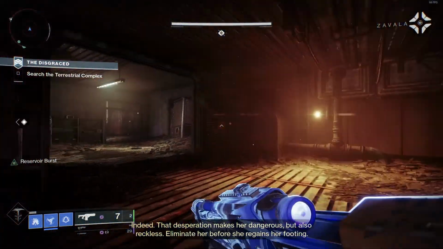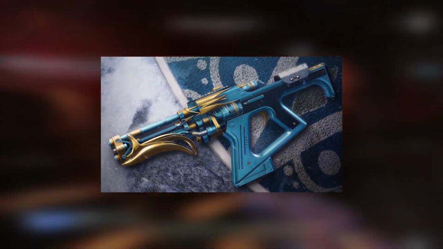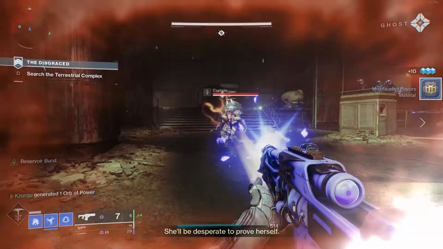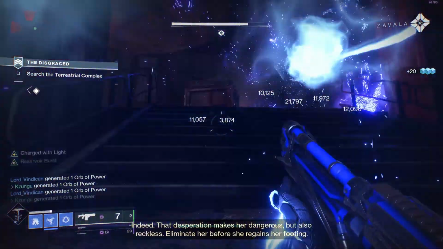The Glacioclasm is a high-impact frame fusion rifle that was first released in last year's Dawning, but it didn't make a huge splash at that time owing to how weak fusion rifles were in general until very recently. However, in this year's Dawning, Glacioclasm also got some new perks that people have been talking about, specifically Subsistence, Slide